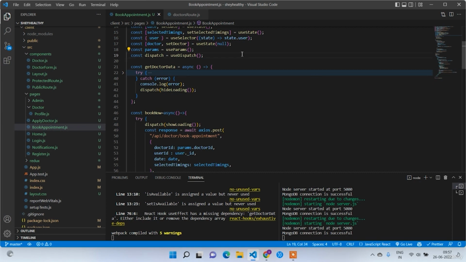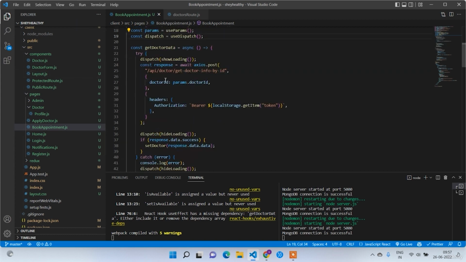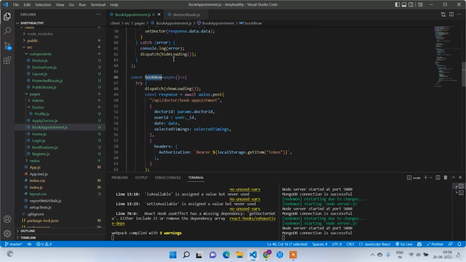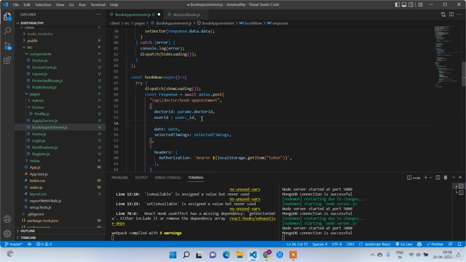Welcome back, guys. In this lecture, we are going to work on the appointment model as well as the booking appointment and check availability of the appointments endpoints. First of all, in the last lecture, we finished the APIs like book now in the UI. So here we are sending doctor ID, user ID. Along with this, I am going to write doctor info and user info, because instead of having these API calls in the backend for the MongoDB queries, we already have the details here, so we can directly write